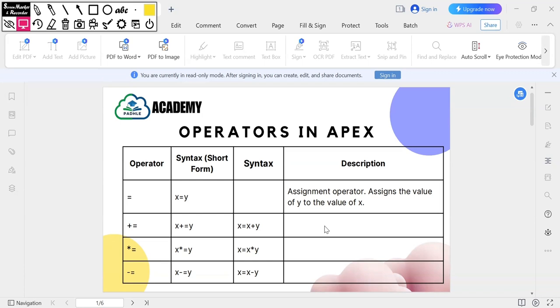In this lecture, the main focus will be to revise all the operators that are available in Apex, and I will give you a quick description of what all those operators are doing. In the next tutorial, we will do some examples related to the operators. So the first operator we have is the equals to operator,